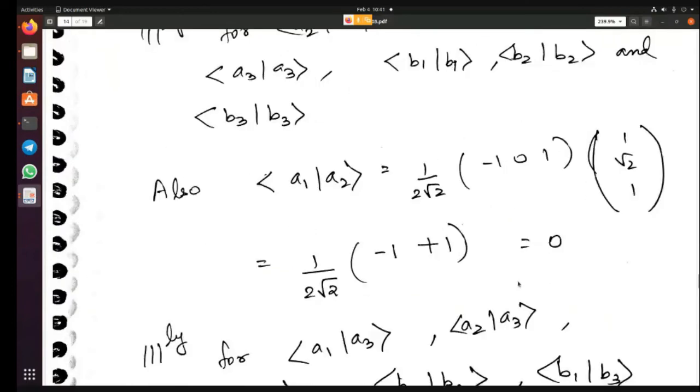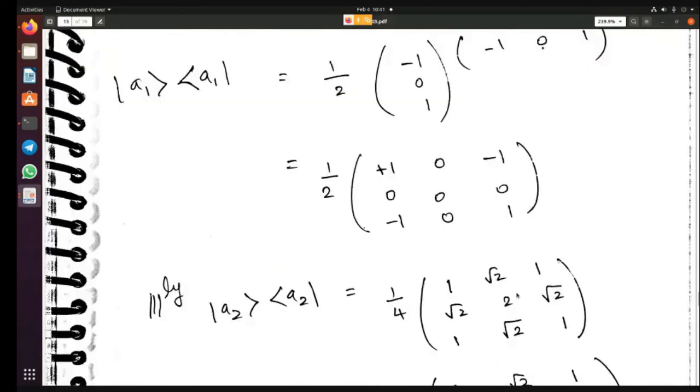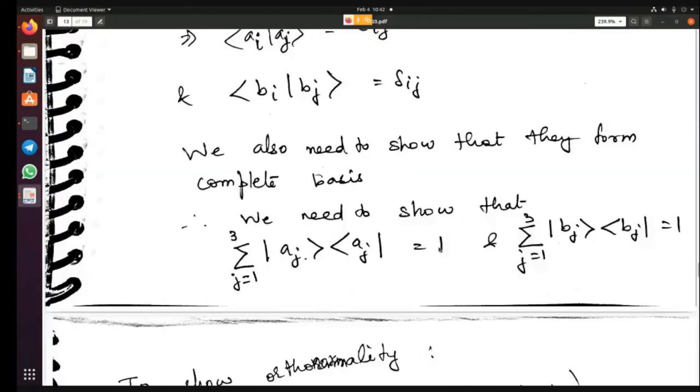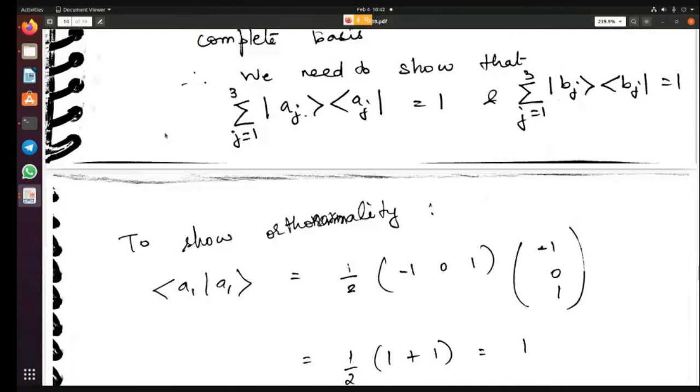So if you sum it up, actually not 1, you should get the I operator because this is an operator, right? So you should get the I operator. Similarly, if you sum up the Bj's from j equal to 1 to 3, you should get the I operator. Okay, so please change this typo. This has to be the operator I and this also has to be the operator I. All right, so this is what we need to show.